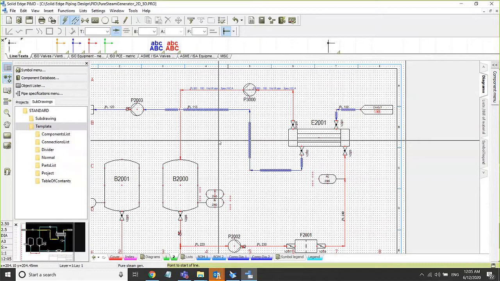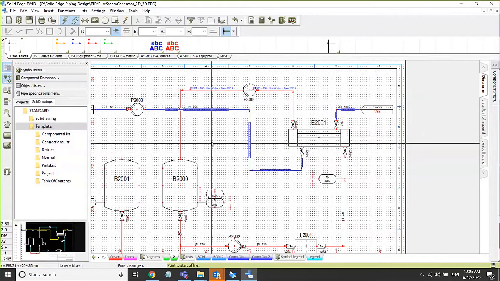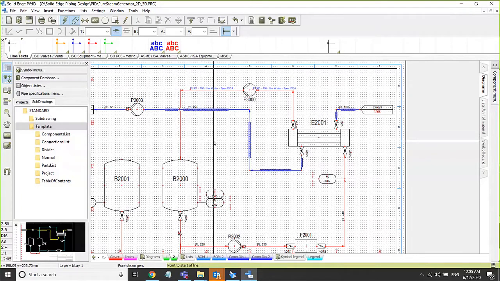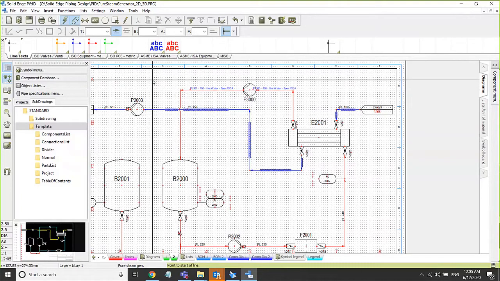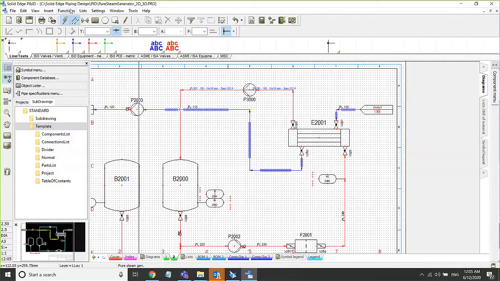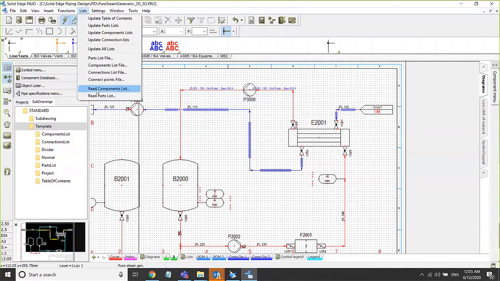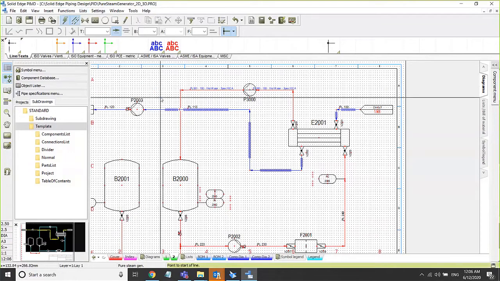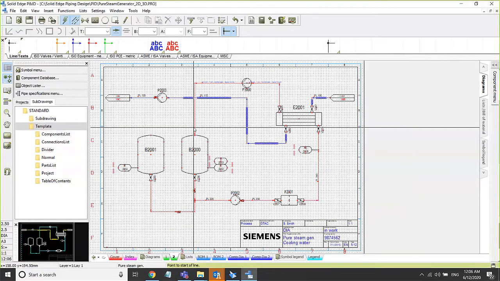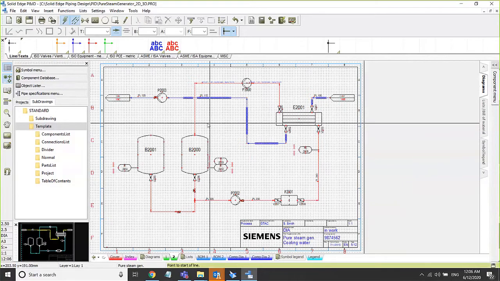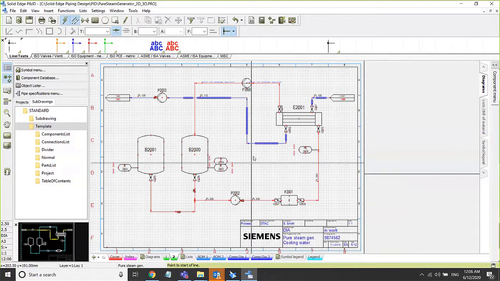Before that, I would also like to mention that some of you maintain the component list outside of the P&ID application, like in an ERP system or in an Excel file. So we have the option to import the connection list inside your project, and place that information and reuse that component information to continue on the project. Similarly, some customers we have seen would like to modify the properties of all the components outside. For that also we have a solution